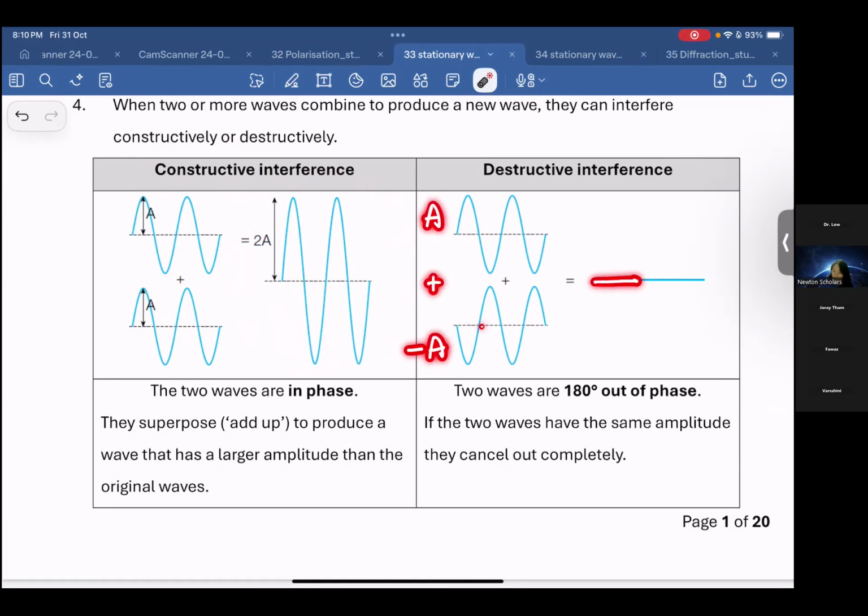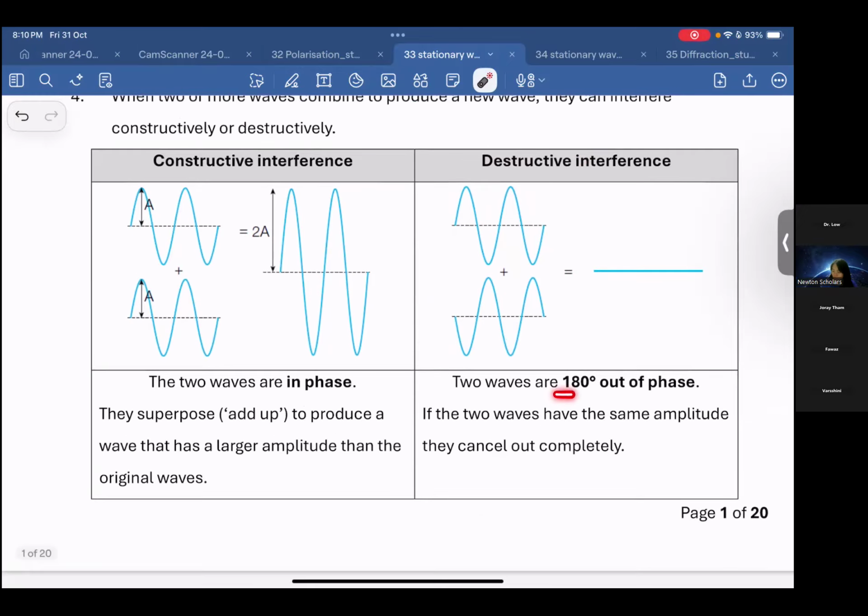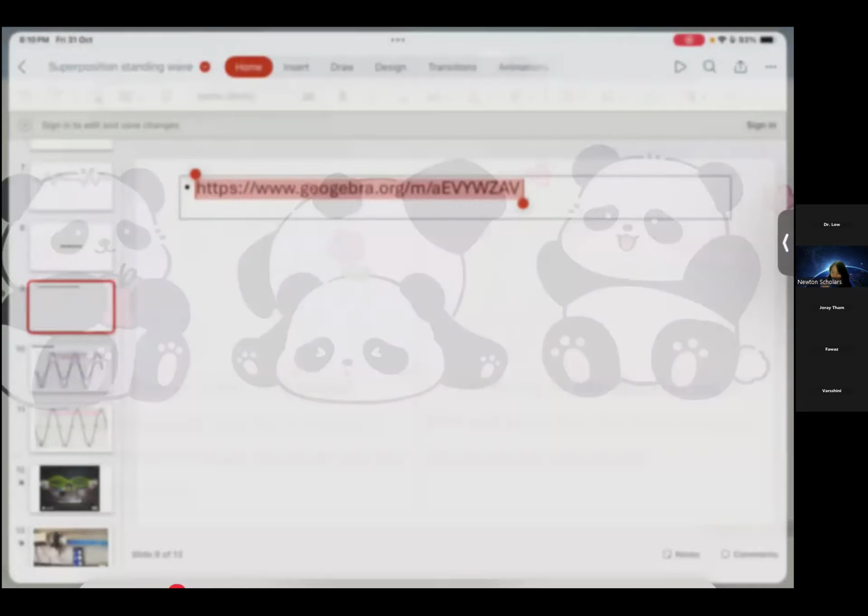Then the other side is also the same. The crest meets with the trough, then 0. Again, 0. If they are out of phase by 180 degrees, that means when I'm at crest, you are at trough. If like this, we will all the time get 0. This is called destructive interference. Here, 180 degrees out of phase. This one is in phase, we add it up together. This one will cancel out, okay? Then after that, here,